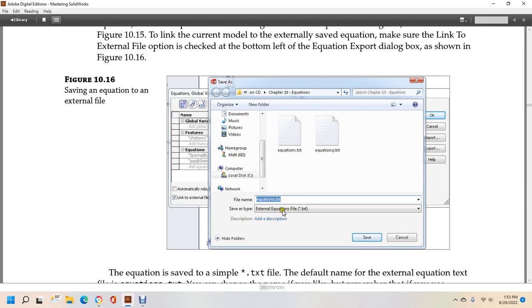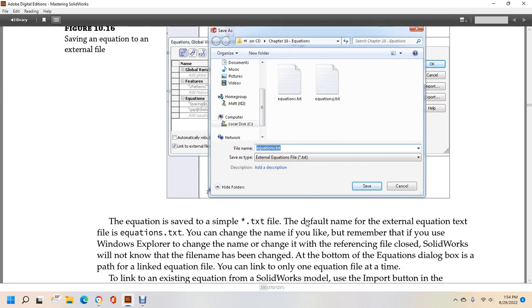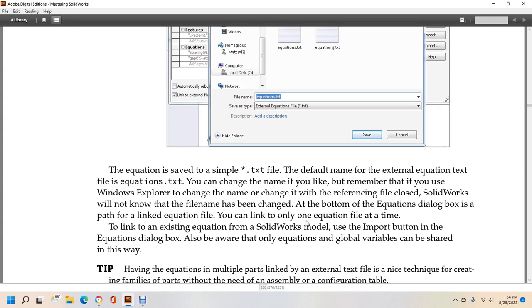It's now saved as an external equation, and you save that. Equations are saved in a text file. The default name of this external equation text is equation.txt. You can change the name if you'd like to remember it. If you use Windows Explorer to change the name or change the reference file,